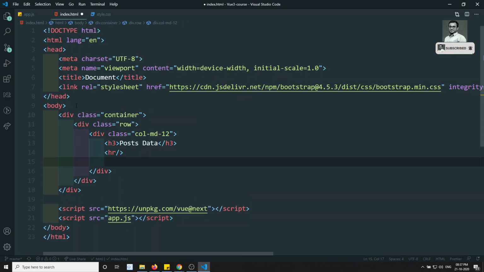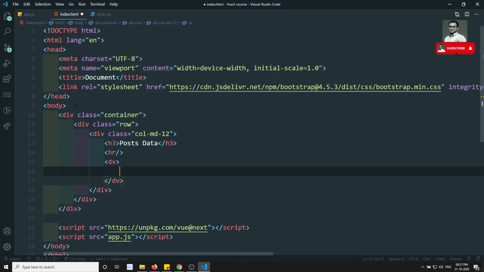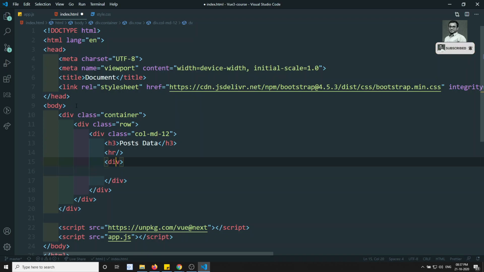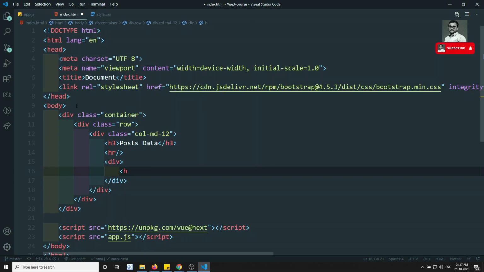Then I will take one div, with an h1 or h2 and an h3, create a post. Down below you will have the form. So this is the basic thing. I am creating the boilerplate template.